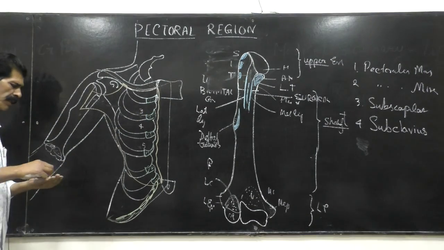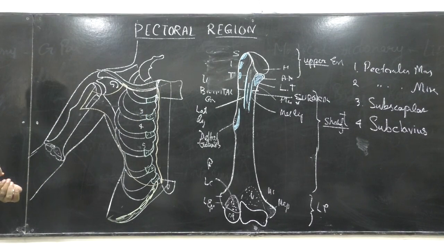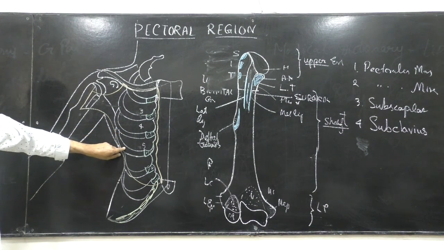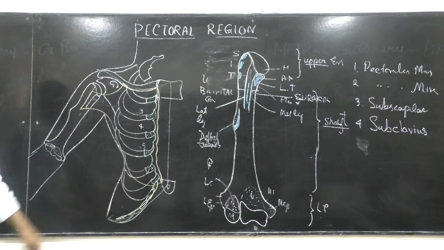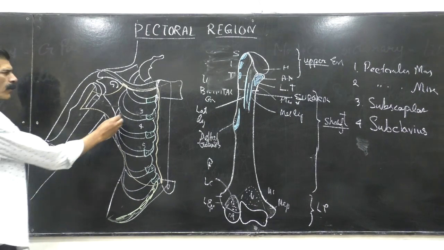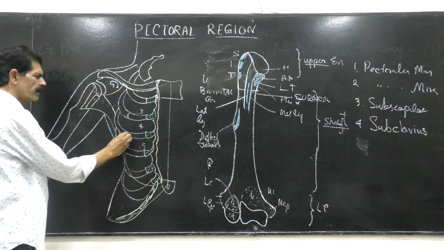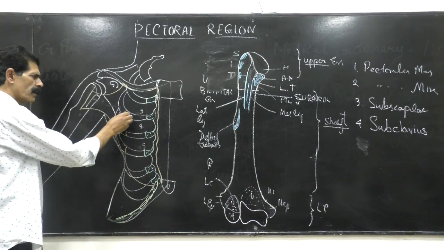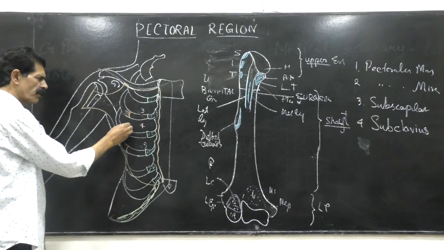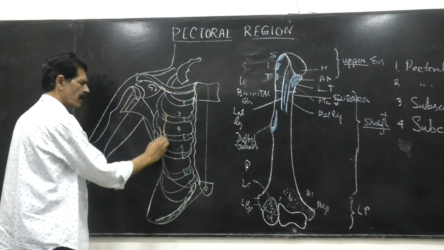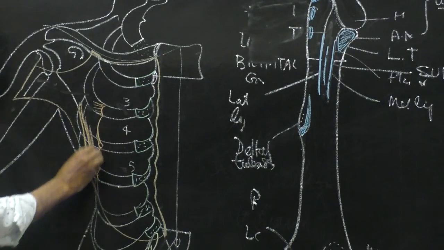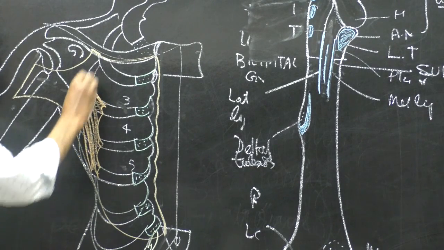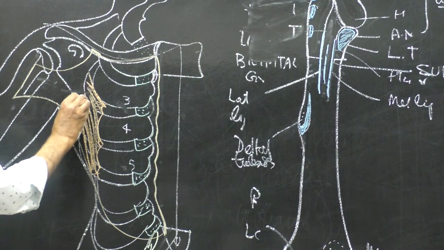So first, the origin. Remember the third, fourth and fifth ribs, 3, 4, 5, from their outer surface, nearly anterior. So from here, the origin is the third, fourth and fifth ribs near the outer surface, and the pectoralis minor goes upward